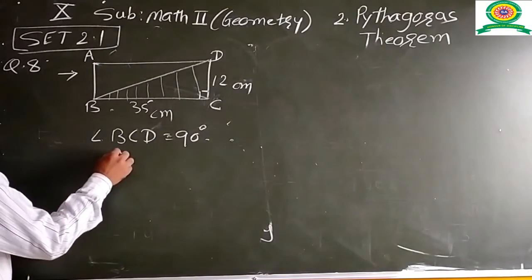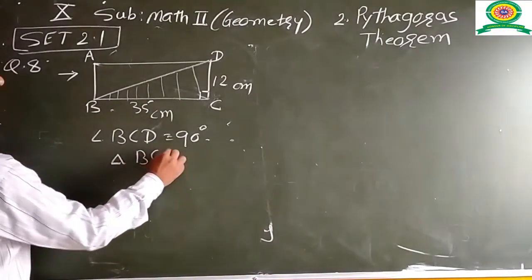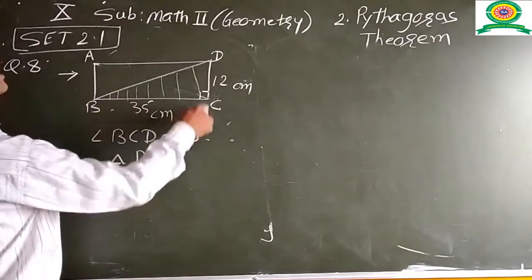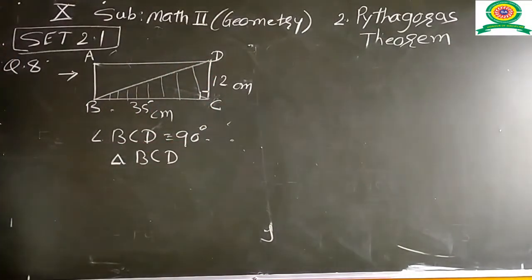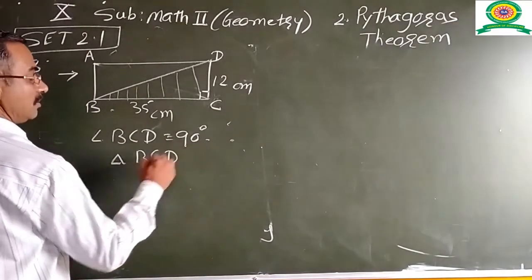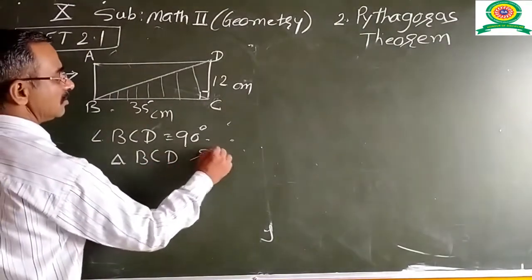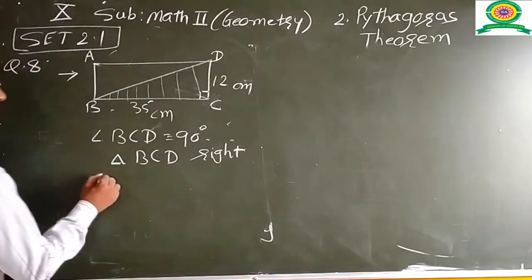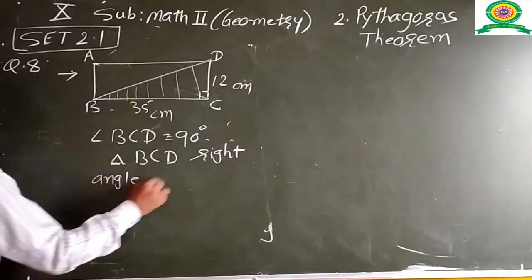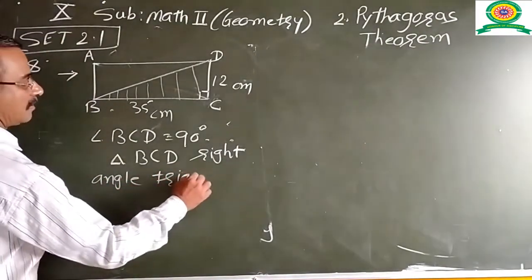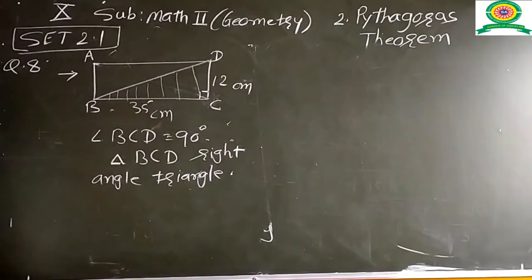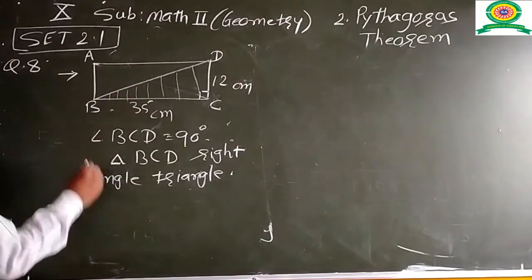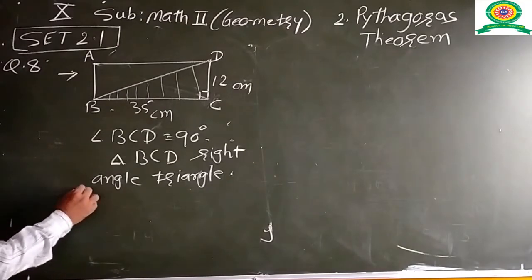Means we are taking the triangle BCD, and in that one angle is 90 degrees. So triangle BCD is a right angle triangle. Okay. So by using the Pythagoras theorem,